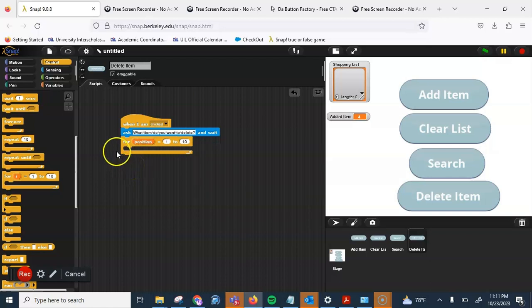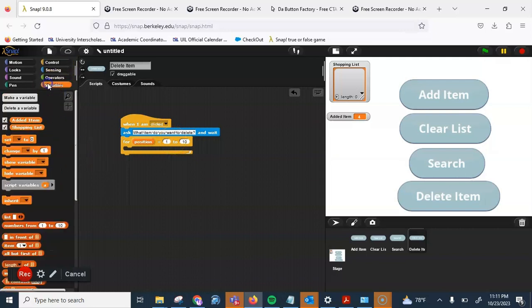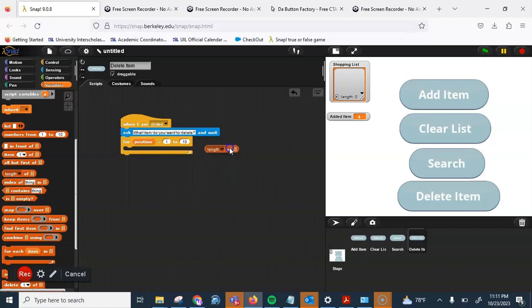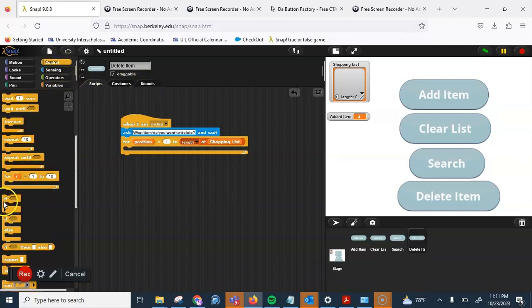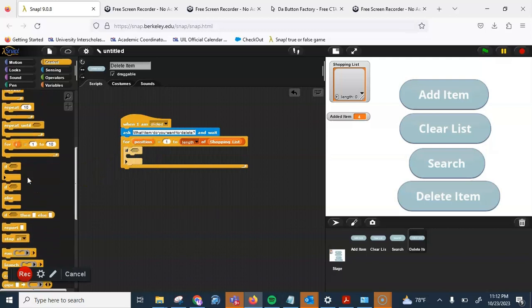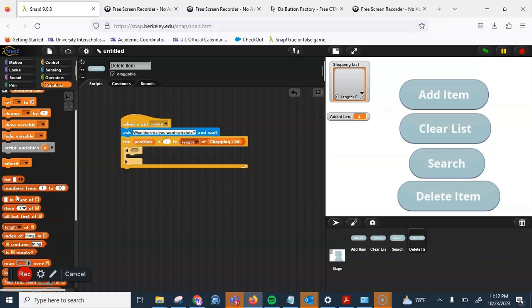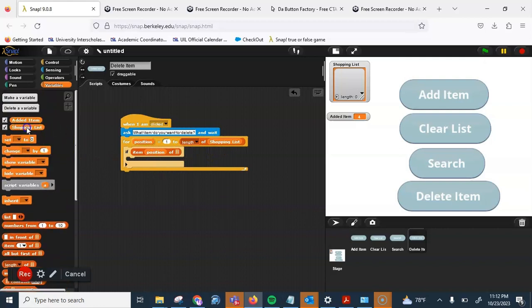Press OK, and I'm going to say that when for position equals 1, 2, I'm going to go to variables, and I'm going to put length of, and length of shopping list. So it's going to go through each item in the shopping list, and it's going to check for something. And what it's going to check for is that if the item position, again, because that's going to change. Let's take position, put it here. If item position of shopping list, right? So if the item position of shopping list